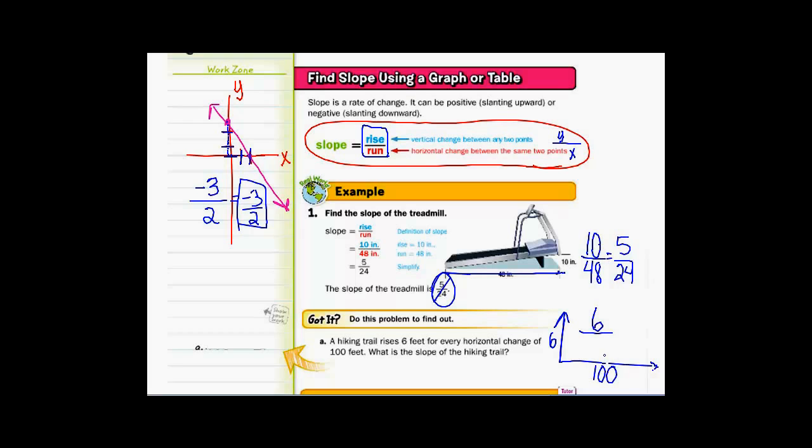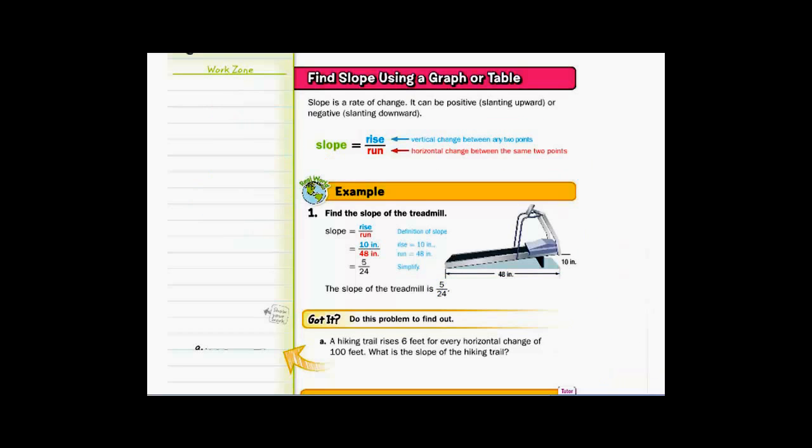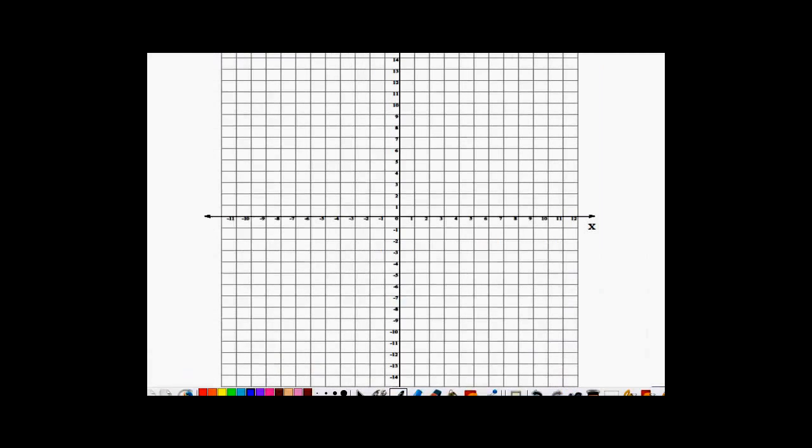100. So I've got 6 over 100. So if I reduce that both by 2, 3 over 50 is my slope. 3 over 50. All right, let's change to a graph maybe, and I can explain a little bit more about what I want you to know about slope. There we go. All right, first of all, slope,